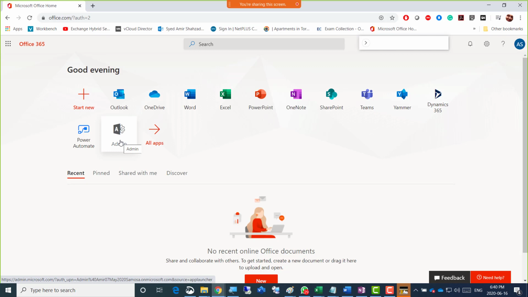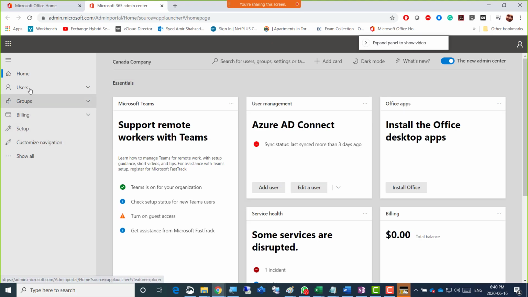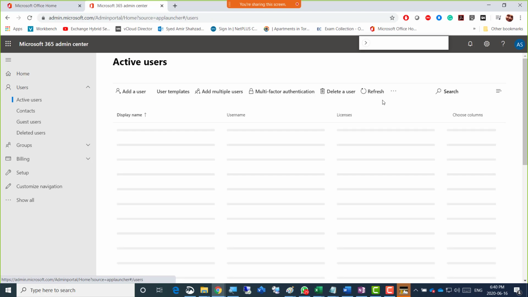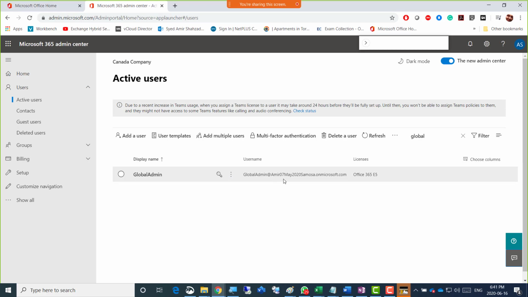Okay, so I'm going to go for admin here. I need to just go for the global admin. I'm going to go to the users, active users here. Otherwise, when we try to remove the domain, it will tell us exactly which 1 or 2 users are left, right? So I'm going for the global admin, enter. Yeah, that's the only one there. Okay, so in all those 390, 397 users, this one's domain was changed while I was logged in to it, so it just changed that domain as well.